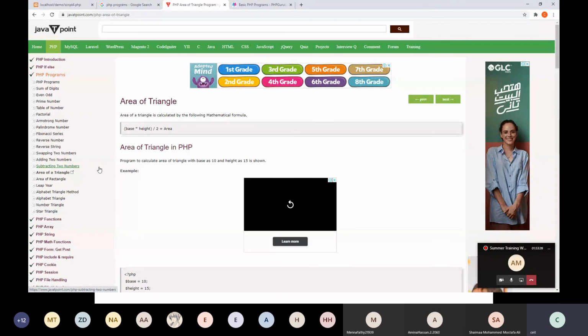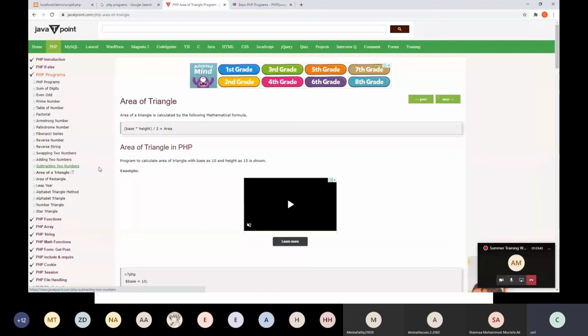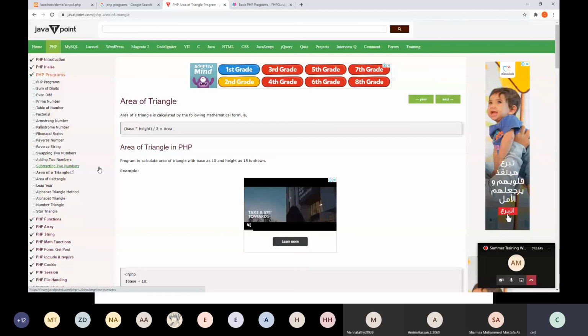The code is available, but don't copy and paste. Try to do it on your own. Whatever doubts you have about the XAMPP server, or if you face any problem deploying, you can tell me.